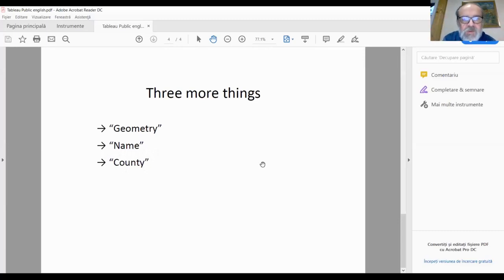So once we're done with the map, when we put the mouse on each unit on our map, it will tell us what city or town or comuna that is, in the county where that administrative unit is located. And geometry would give Tableau the info that Tableau needs in order to make that map.